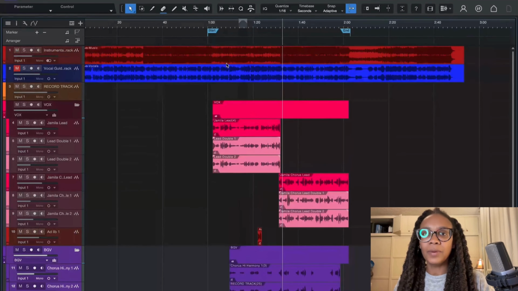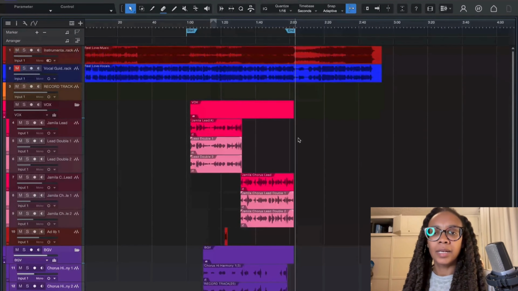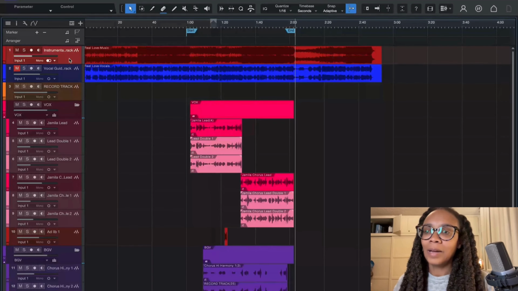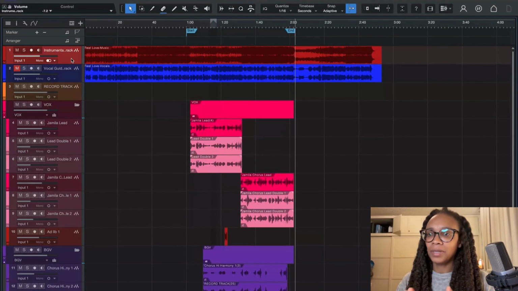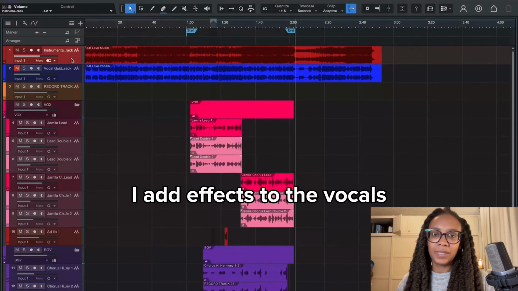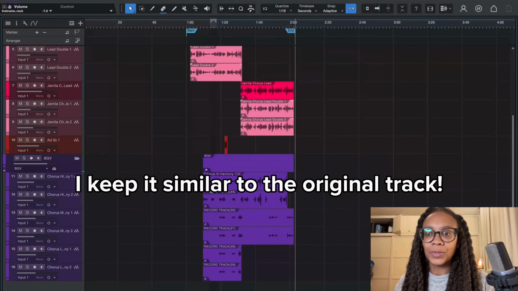So then here I will have my start and end markers. So I'm only going to be mixing out this section, which I think is about a minute or something. And to mix it, it just needs to sound good enough. I will have my instrumental track in stereo so that the vocals can sit right in the middle, and then everything else can be kind of spread out. And by everything else, I mean all the other vocals can be spread out.